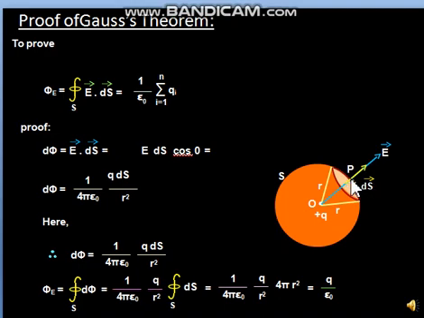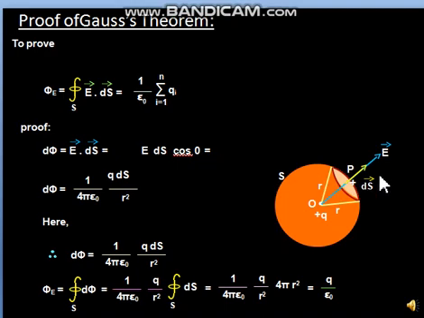So firstly we will find E vector direction. So how to find electric field direction? By assuming a unit positive charge at that point. Because this is a unit positive charge and our given charge is also positive plus q, this unit positive charge will get repelled away from the given charge. So the direction of electric field is also outwards. This way we have seen that E vector and ds vector are along the same line. So the angle theta between them is 0.